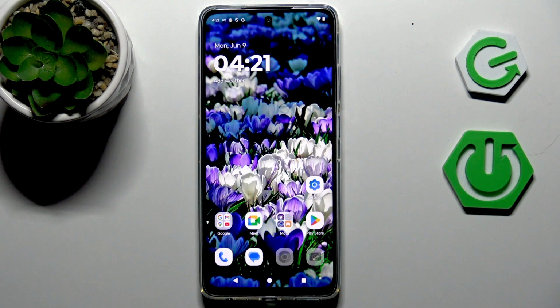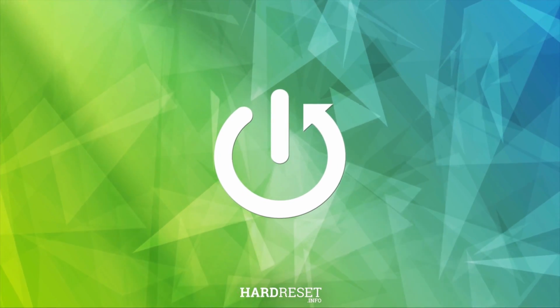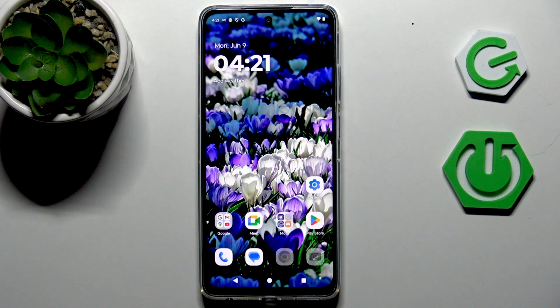Hi everyone, in front of me I've got a Moto G56 and let me share with you how to fix the app which keeps crashing. Alright, so I'll present to you different methods, different ways which you can apply to your device to fix that